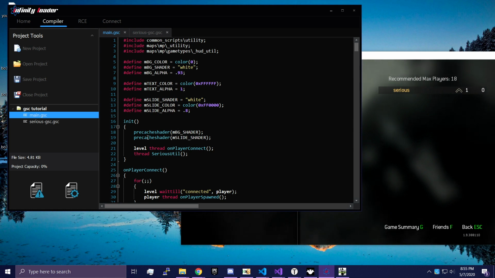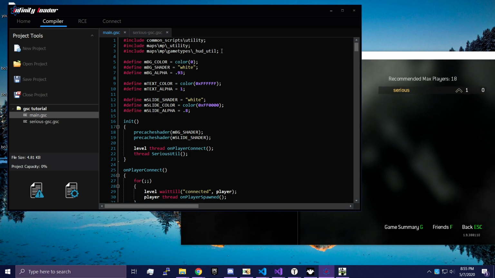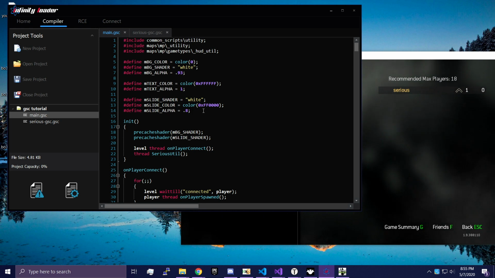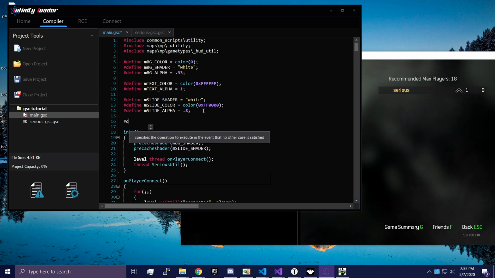Today the goal is to be able to scroll through our menu. We're still not going to have real options yet that you can click, but we will be able to scroll up and down the menu using our scroll bar. So let's go ahead and add a quick define. The define we want is going to basically be the speed of our scrolling. So let's go ahead and define